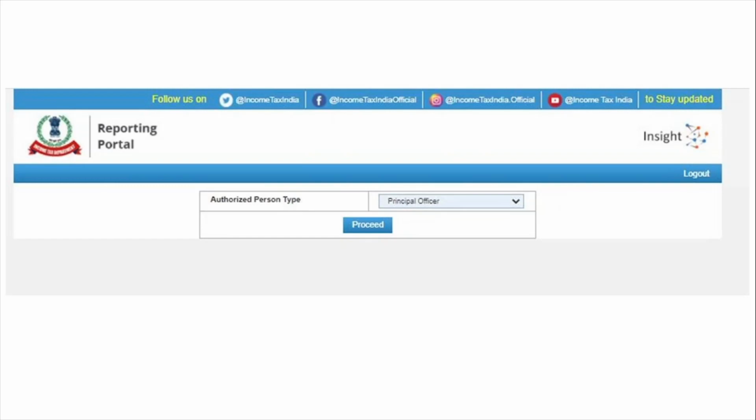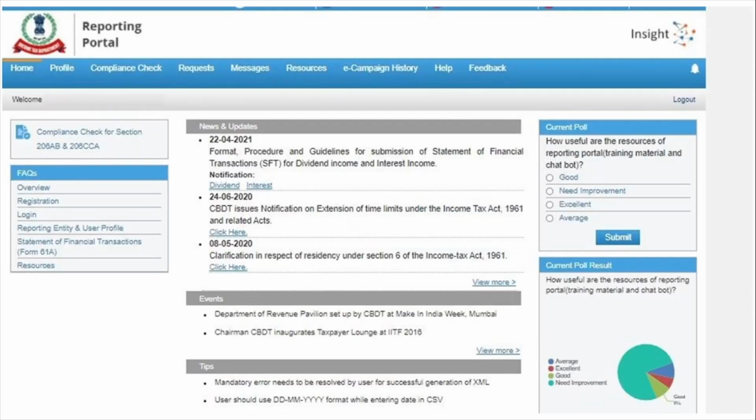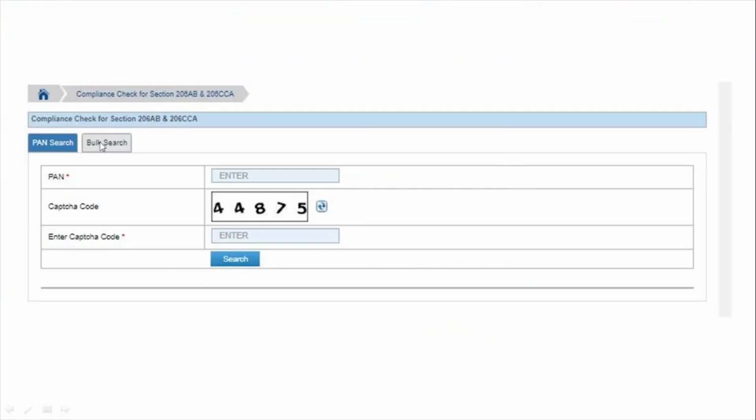For authorized person type, you can select principal officer and click on proceed. Now this screen will open. You can see here it's a compliance check for sections 206AB and 206CCA. Click here and this screen will open.